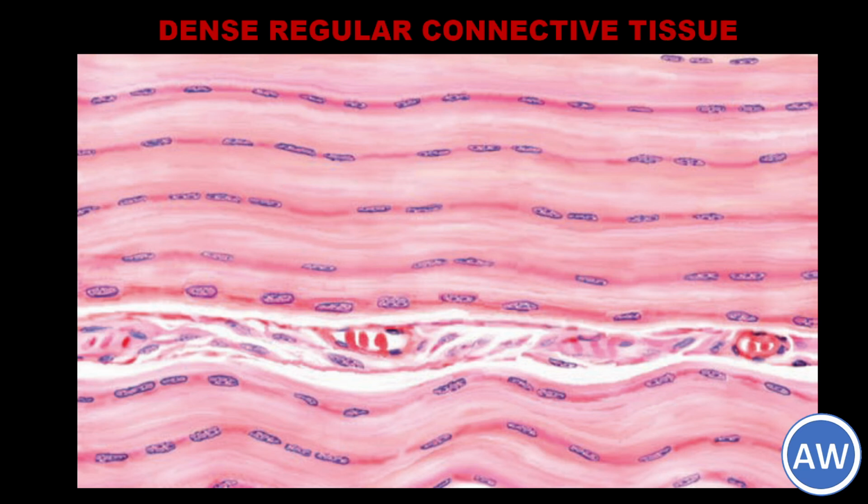When the tendon is stretched, the bundles of collagen fibers become straight. When the tendon is relaxed, the bundles of collagen fibers become wavy. It is interesting to note that dense irregular connective tissue partitions are present between bundles of collagen fibers in the dense regular connective tissue. These are called interfascicular connective tissues.